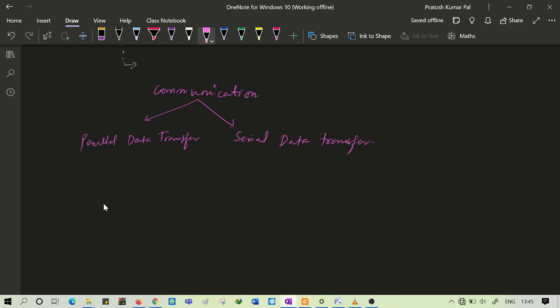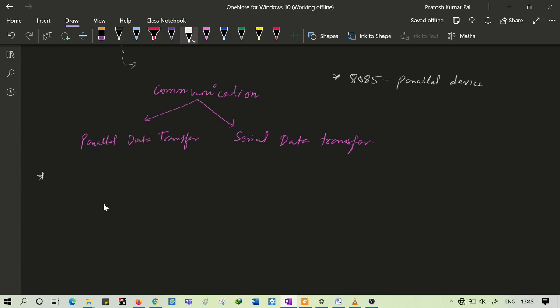In 8085, the microprocessor is basically a parallel device. So here we can write that 8085 is a parallel device.